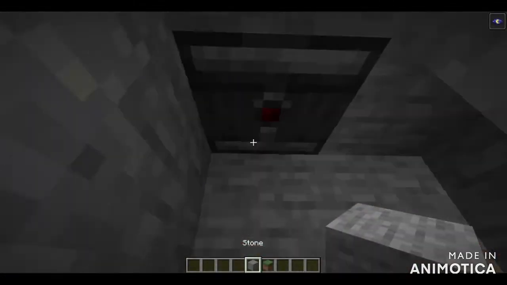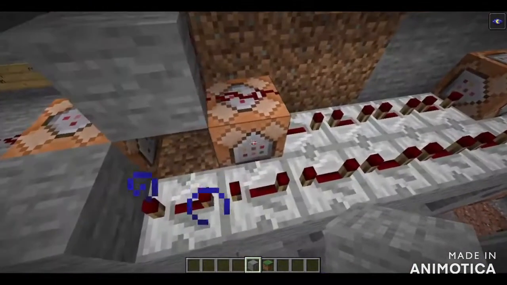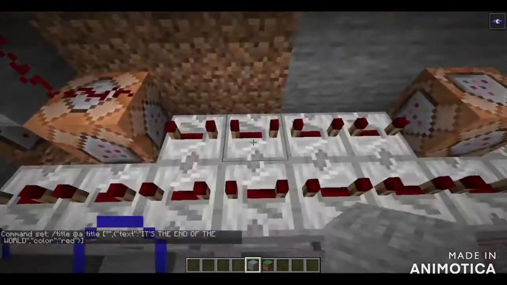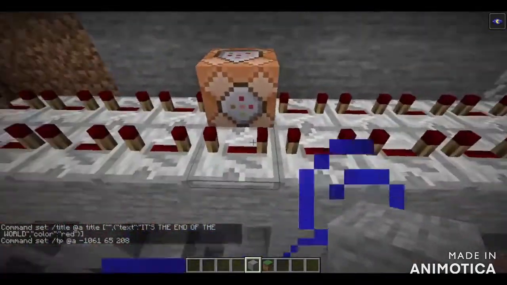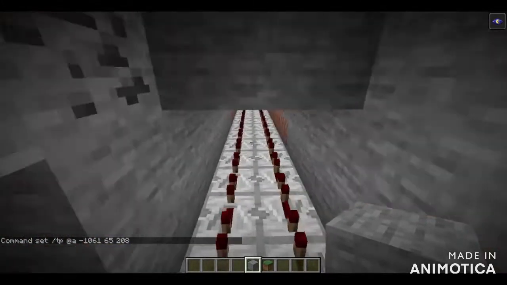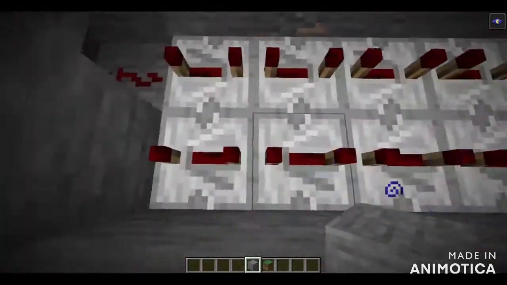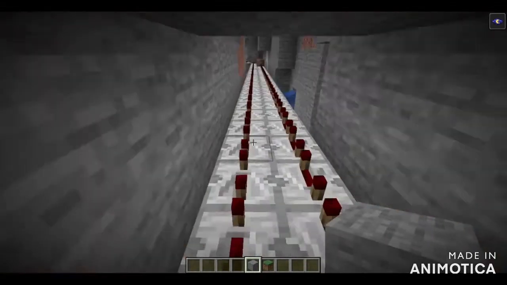So basically, when you press the lever, it sends a signal down all of these observers to this redstone, which then activates the "it's the end of the world" command block, which then gives a bit of time before it then TPs all of the players into a certain point in the arena. And then this is our period of grace time, where we have to get set up and then get ready for the PvP that will be enabled when the void reaches Y level 50,